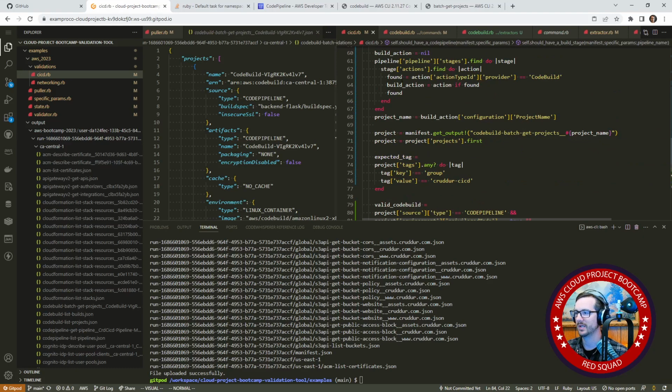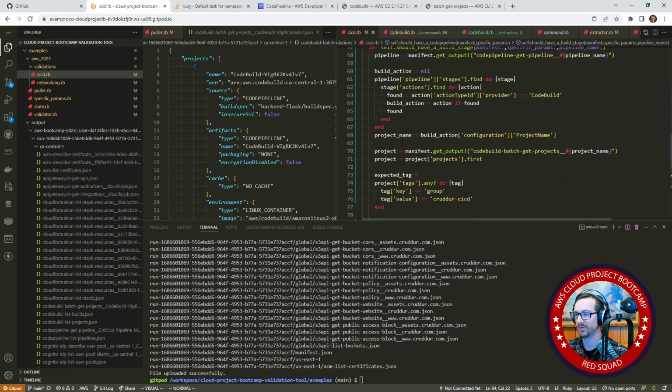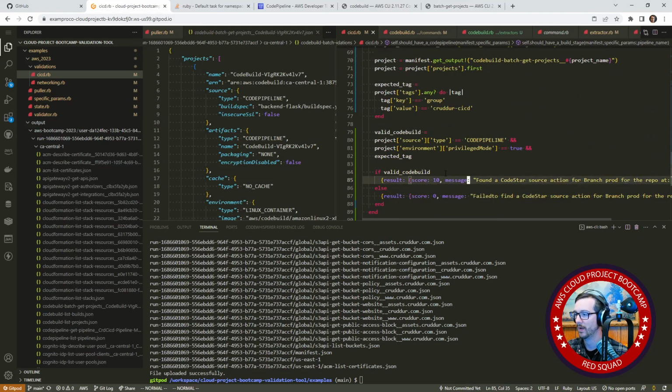And we're not saying valid action up here because we're getting it through the action, so we don't have to do it that way. So found and found a